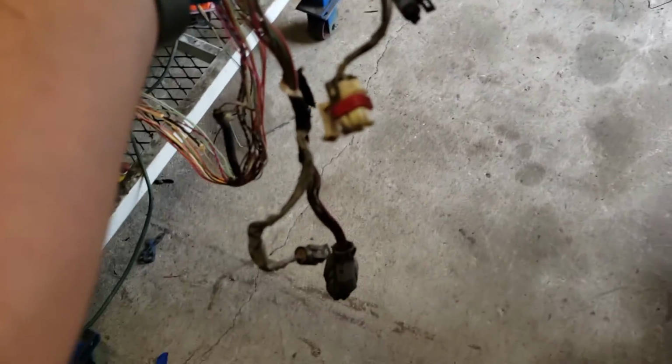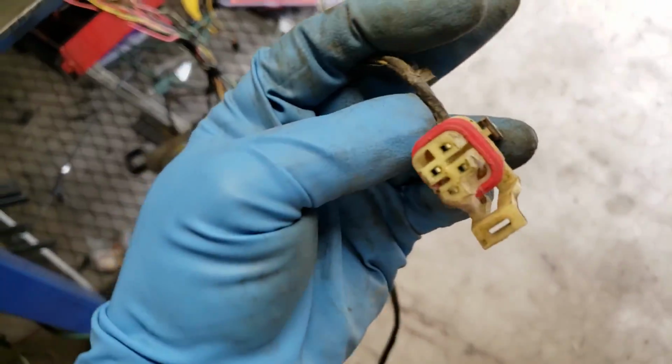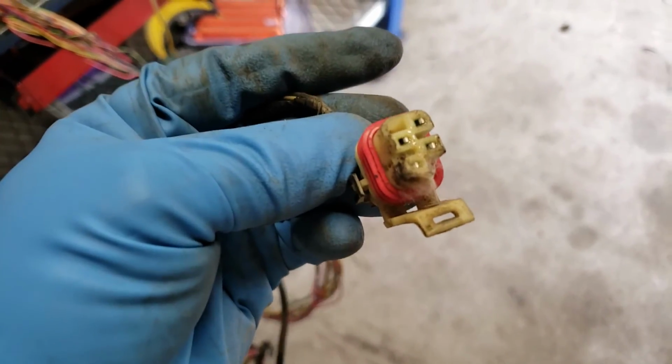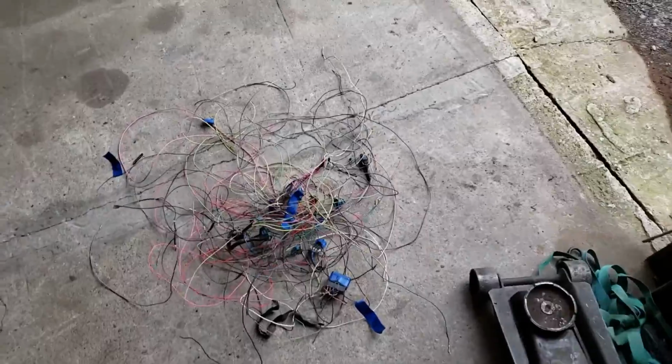You'll have a safety neutral switch on the side of your transmission where the shifter comes out of the transmission. You've got a little plug right there. Let me just zoom in. Here, let me hold it. You've got a little plug right here. This is one of your safety neutral plugs. They are usually a pain in the butt to get out. They usually glue them in there. But anyhow, you got this one,